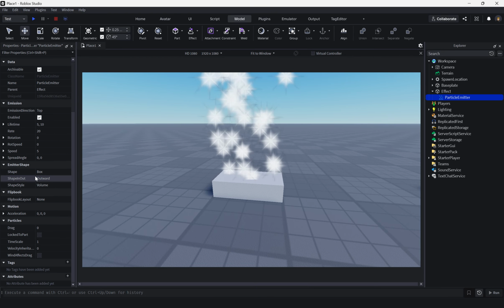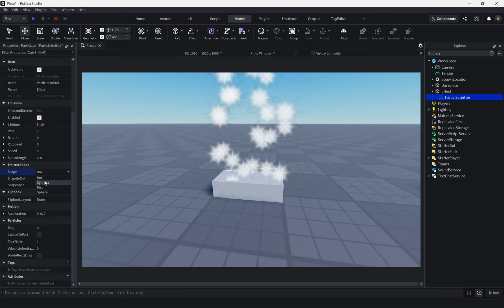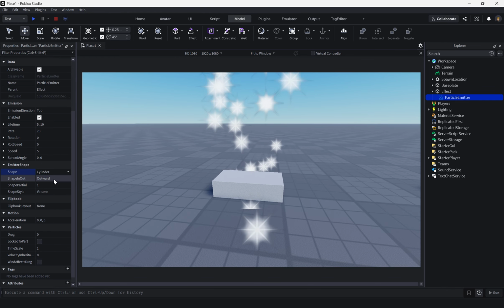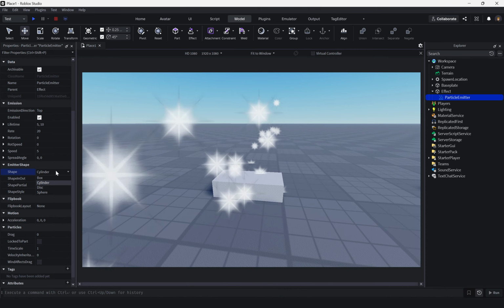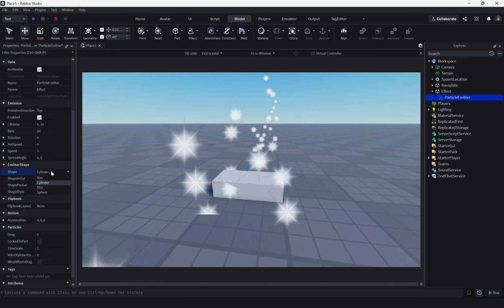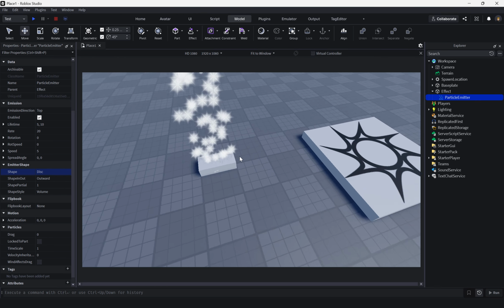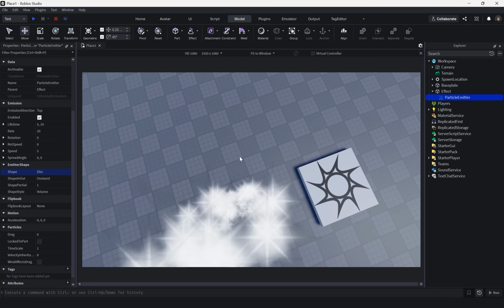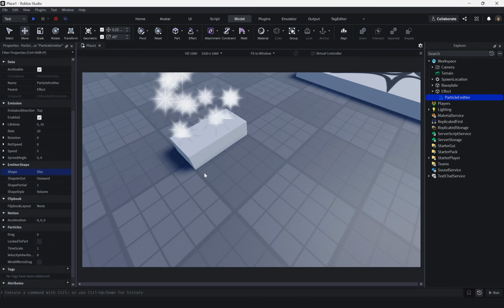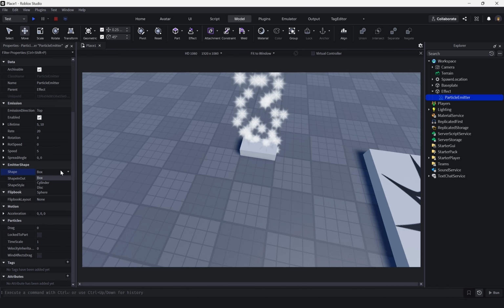So particle emitter is something you can adjust. The box only goes up, cylinder, and this is actually the shape of the emitter. So cylinder, disc. If you notice, disc and box are kind of the same, but it's how the particles go out. So this one is on the disc shape, and this one is on the box shape, which is